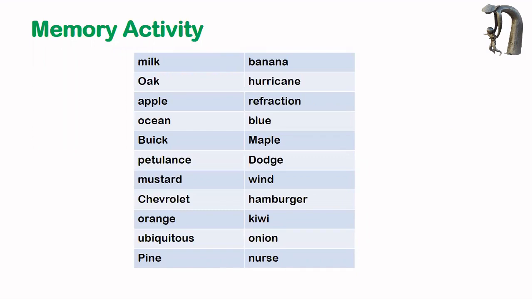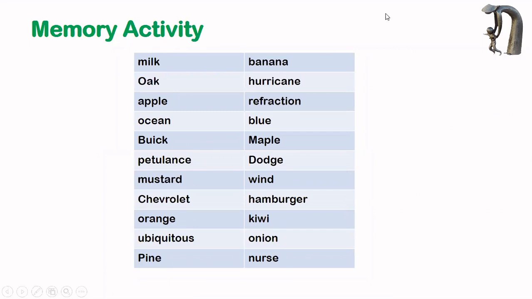So there are different words which we can see. If you want to see whether the child's memory is working, whether the child is thinking, whether the child is attending,